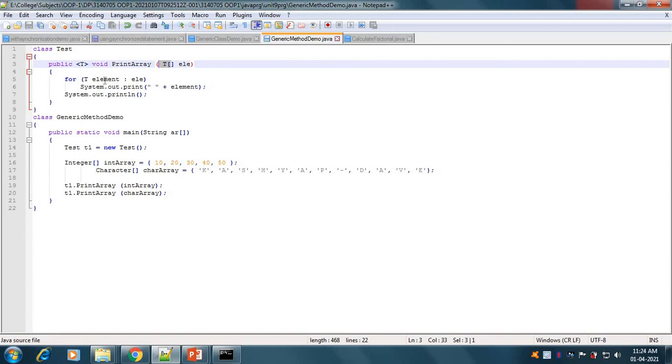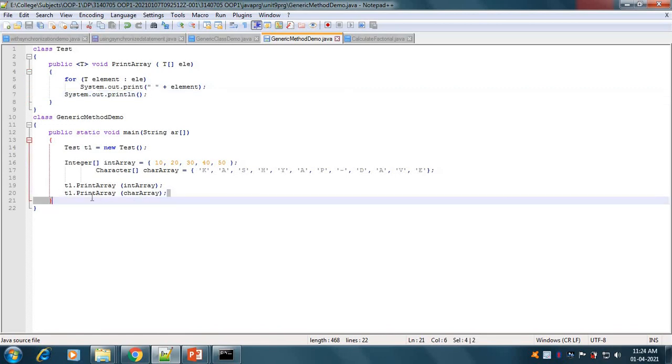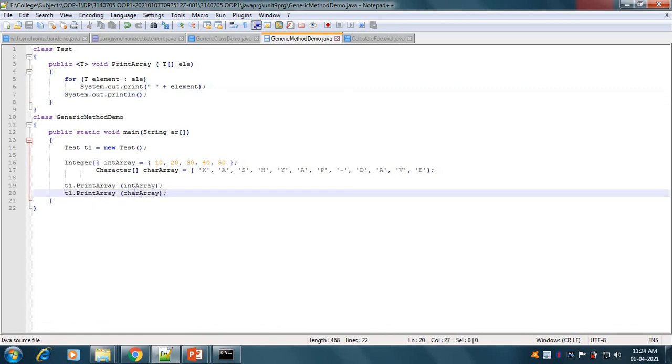By this for loop, it will go from the beginning to the end and print all the elements of type integer. In the second call, if I pass the character array, then this generic array will be converted into a character array. So it will convert into the character type, and it will print all the elements from beginning to end, of type character. So this is the example of a generic method.